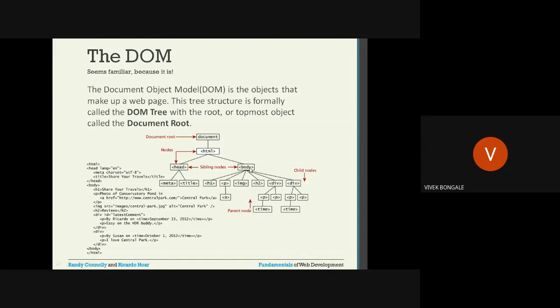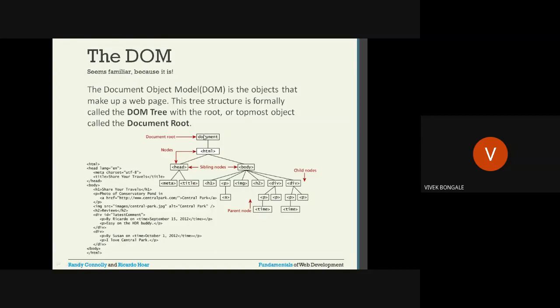Then under the body, you can use any tags, like we have given some examples here: h1, paragraph tag, image tag, division tag. In the paragraph tag, we can use the anchor tag, if you want to give any hyperlinks. In the division, we can use the paragraph tag, and in the paragraph tag you can use the anchor tag. In the first chapter, we have seen this hierarchy.